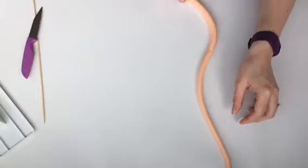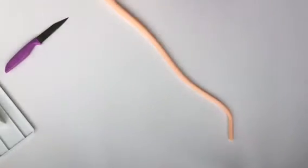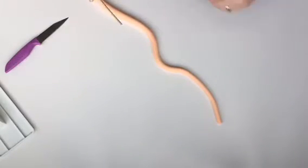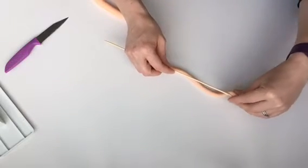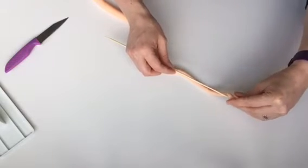Okay, let's start with that. So what I'm going to do is I start from the top of my unicorn horn. I know a lot of people start from the bottom, but I just find it easier to start from the top, and then you know where you are. So I'm going to just squidge this, for want of a more technical term, onto the end of my skewer,